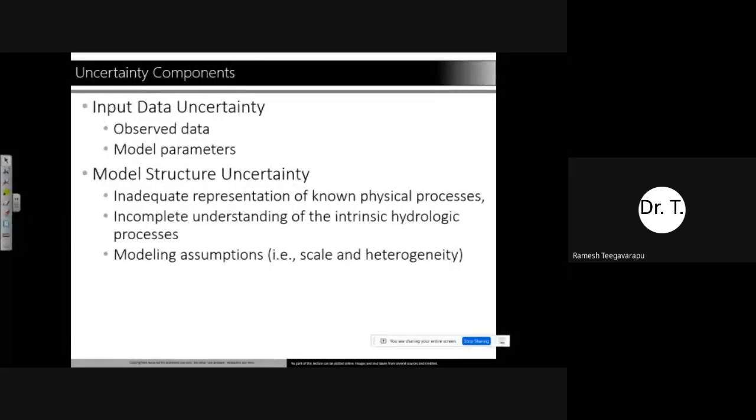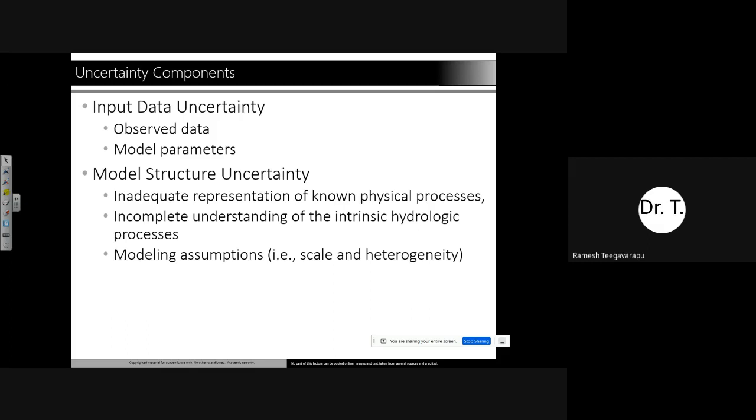As I just said, there will be input data uncertainty, and there can be model structure uncertainty. When I say model structure uncertainty, I mean inadequate representation of the known physical processes inside the model, and incomplete understanding of the intrinsic hydrological processes, if you're talking in terms of hydrology. It also includes the assumptions we make when developing models, such as the scale at which we think the processes are happening versus the scale at which we represent them within the model.